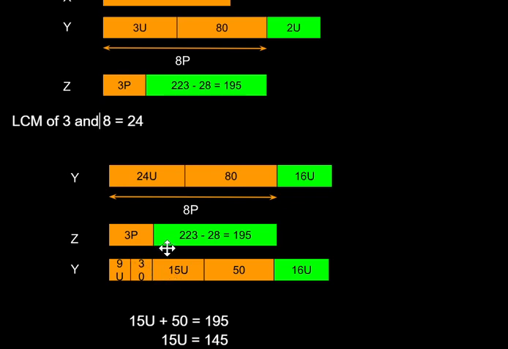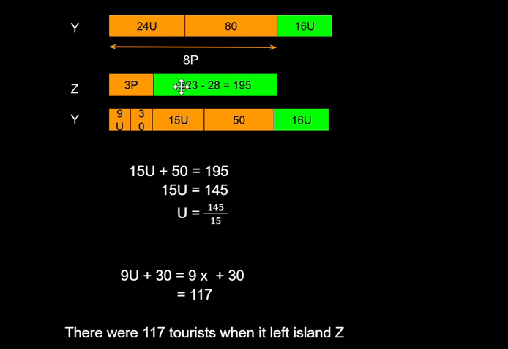So now I have this model which is actually taken from here. I do a comparison. Basically I chop the 80 into 8 parts and I give it 3 parts. Why chop 8 parts? Because it's 8P and I only need 3P, so I give it 3 parts. 24 I chop into 8 parts. So I take 3 parts, which is 9 units, and the other I put it here, 15 units. So 16 units we just bring it down. Now from here I can see that